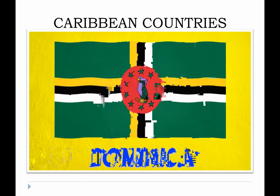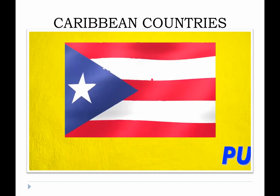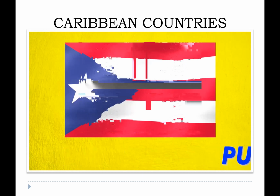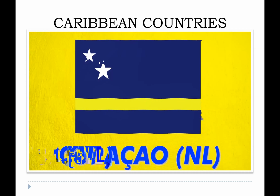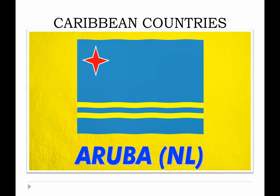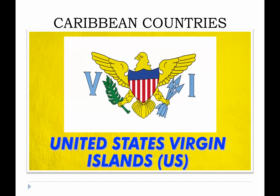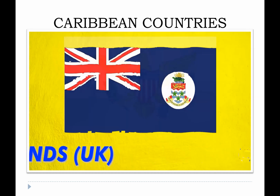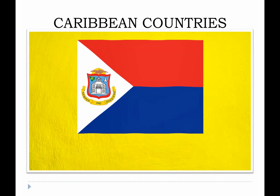Puerto Rico, Guadeloupe, Martinique, Curaçao, Aruba, United States Virgin Islands, Cayman Islands, Saint Martin, Turks and Caicos Islands,